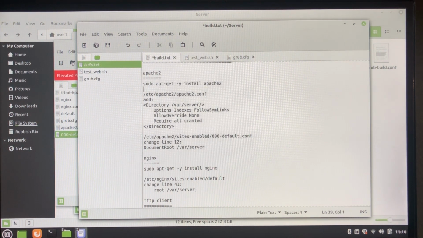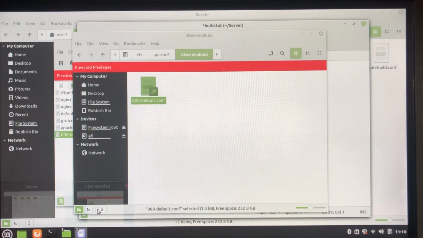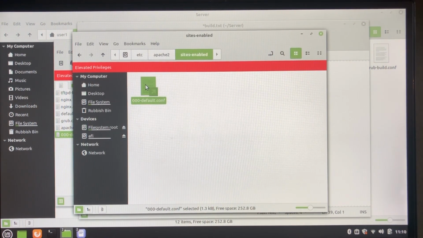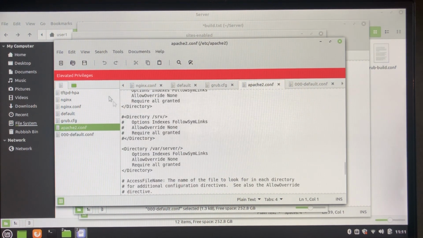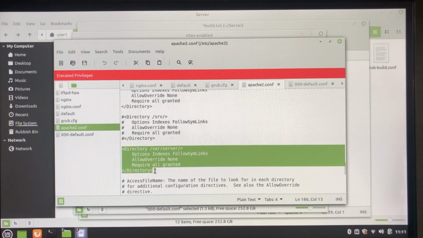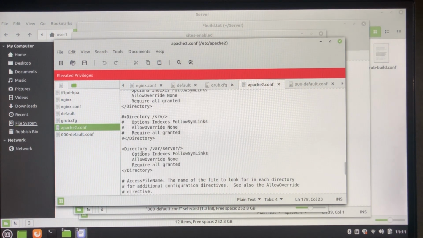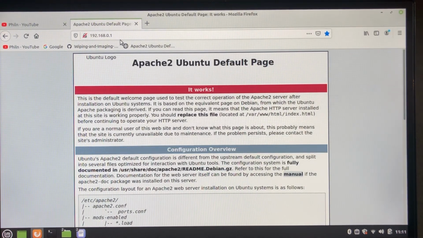On Mint 21, Apache2 is already installed, and to configure it, you just go to Sites Enabled, and we put the DocumentRoot to our var server, which is where we're storing all the stuff. And we go to Apache2.conf, which is in etc, and change this so that we add directory.server, and the key thing is to require all granted. So that's Apache2 running. You can test it by going to here, or I've already done it, but there we go, and there's the default page which I copied